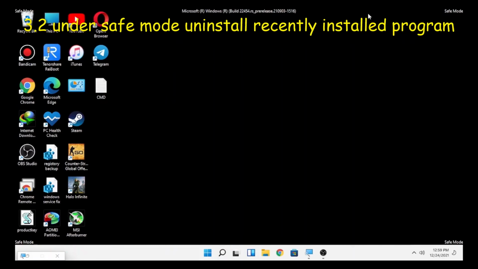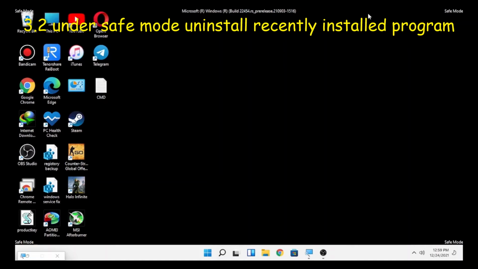And the second one is uninstalling recently installed programs. Sometimes programs that are installed may lead to restarting your computer. So what program did you install recently or earlier? So checking those programs and uninstalling them may also be a solution to stop the restarting problem.